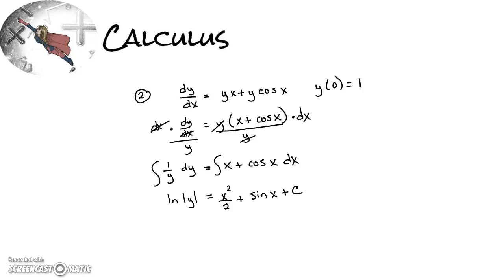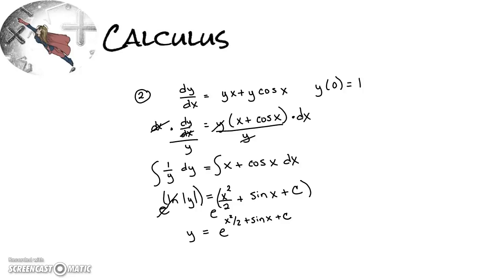So what I'd have to do is raise, I'm going to make e be the base and make the sides be the powers. So now I just put an e on both sides, but it's e to the ln of y equals e raised to that whole exponent on that side. All right, now what happens here is e to the ln cancels, so I'm left with y equals e to the x squared over 2 plus sine of x